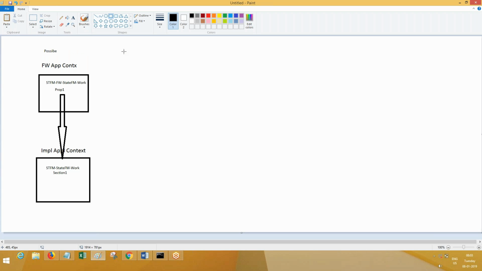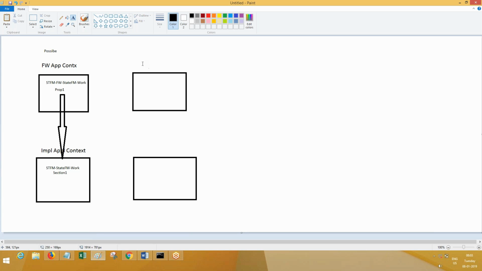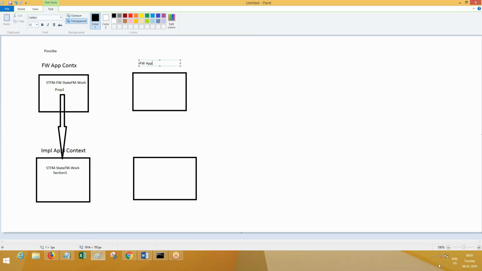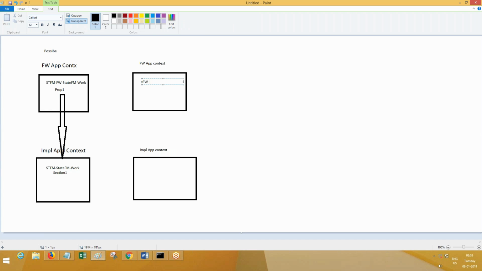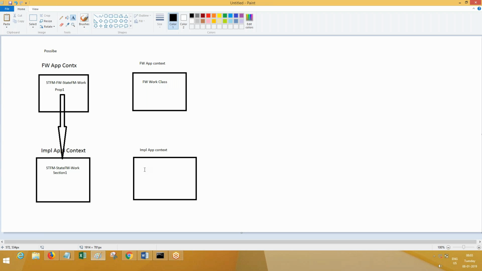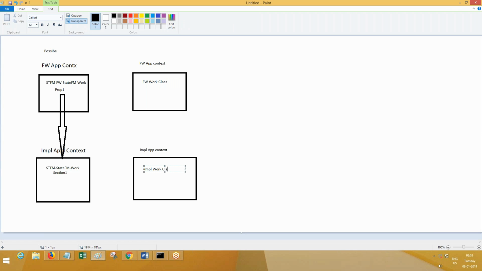The next one, here you go. Again, framework and implementation application context: FW app context and implementation app context. This is again the same. FW class, I'll simply write FW work class, and this one is the implementation work class.